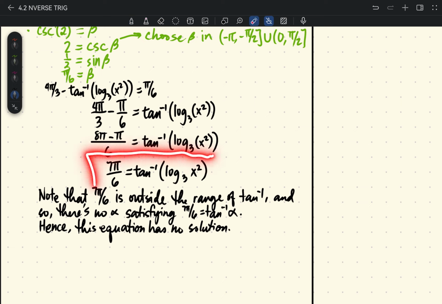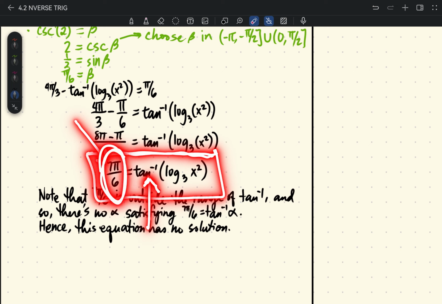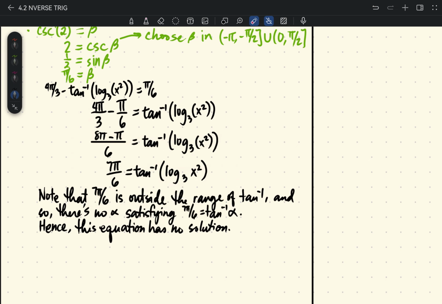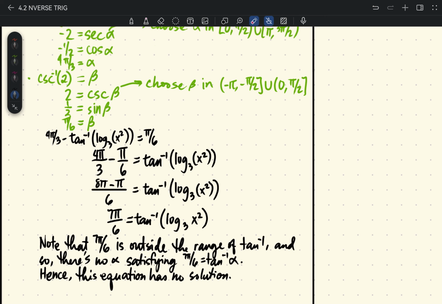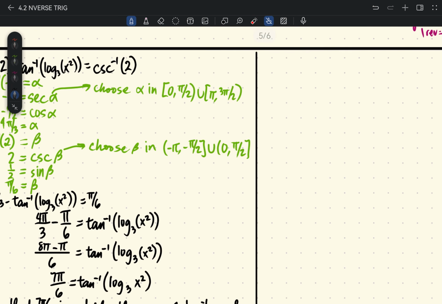Again, why does the equation have no solution? Basically, that's because in this part right here, you have an equation such that the other side is not inside the range of your inverse trigonometric function. So once again, you want to make sure that this one right here is in the range of your inverse trigonometric function. And if it's not, then that means you have no solution. I hope this one is clear. Let's proceed to number 3.